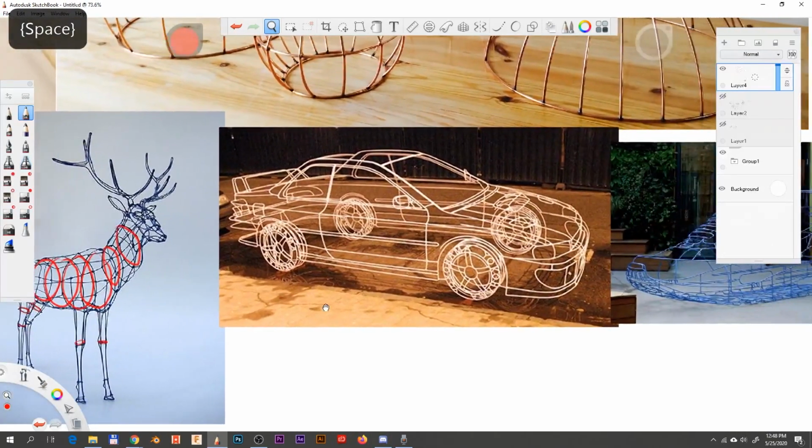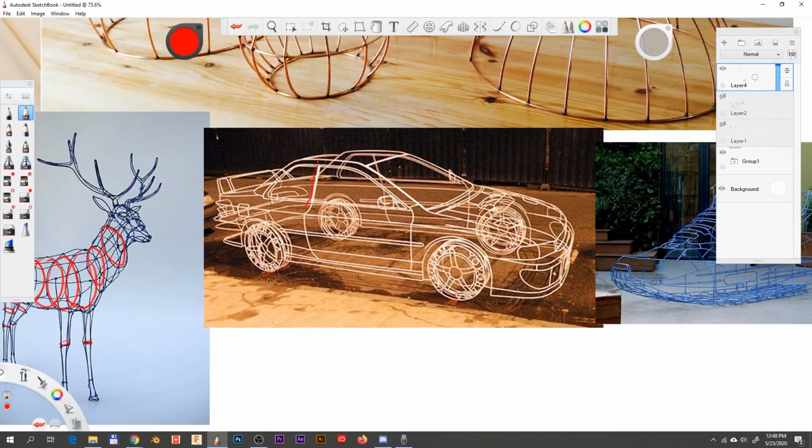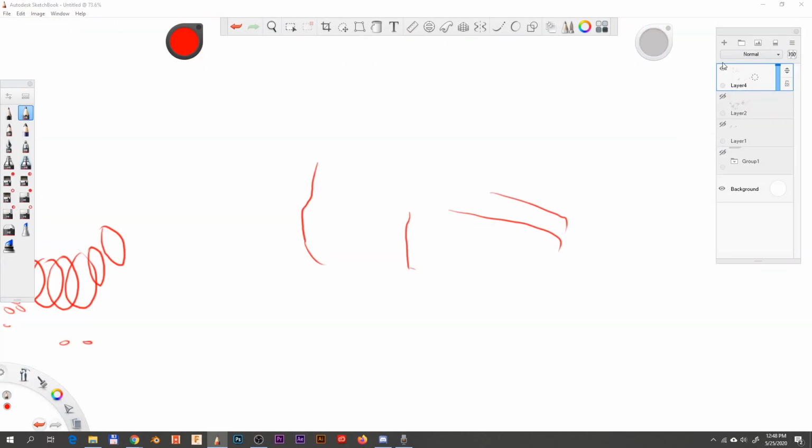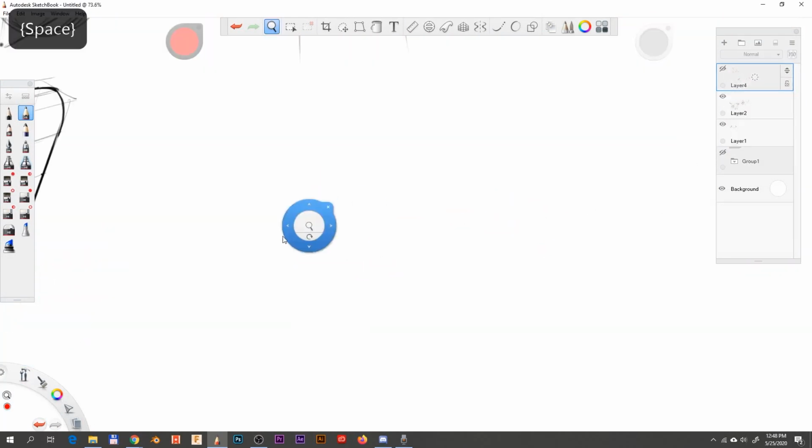So that's the value. Same here with the car. You have all these nice complex shapes that is just shown and explained by a couple of lines, nothing more. Just a couple of lines tells you what you have to do. So let me take these away. Let's come back to our